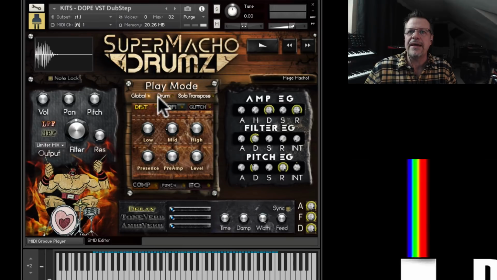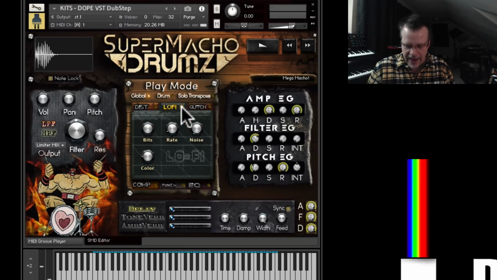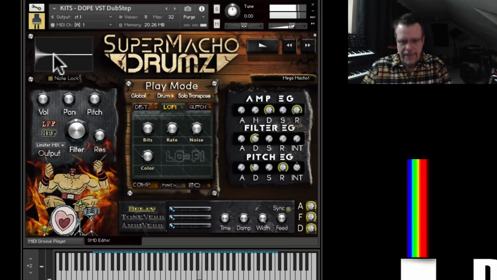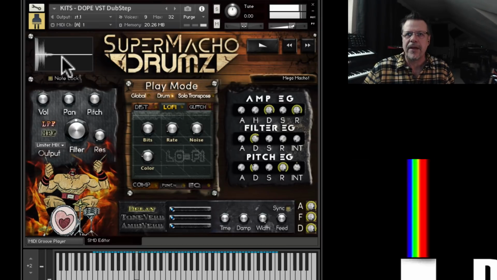Global means it's going to apply that to everything. So if I go to lo-fi and I turn it on, I just turned lo-fi on all 61 samples. But if I go to drums and I just play, see how this shows you the sample? Whatever I play, that's now in the edit buffer to be changed. So if I turn on lo-fi